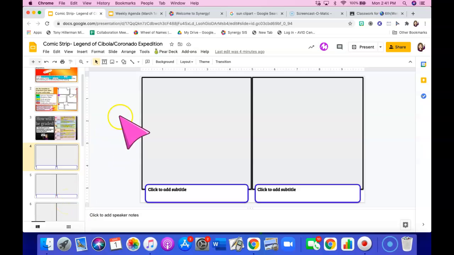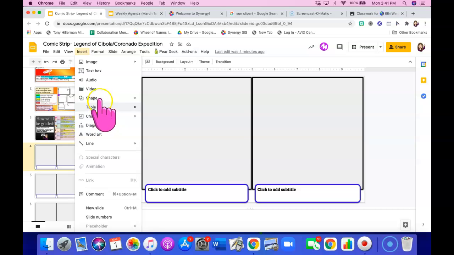Alright students, I wanted to make a quick video just to show you some tech tricks that might help you with your comic strip. So one thing I wanted to remind you that I showed you in class is